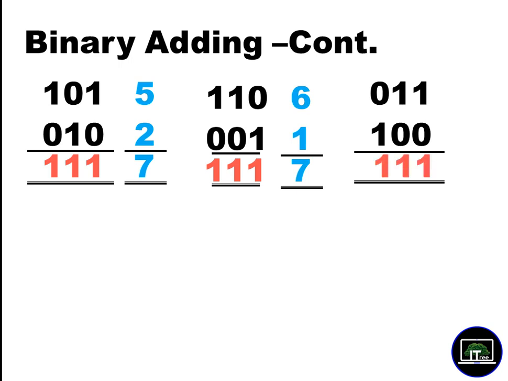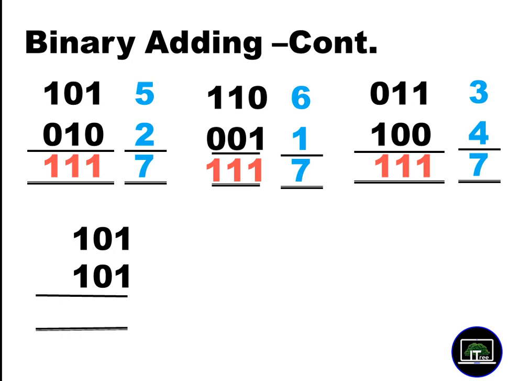This one also 3 plus 4. Look at this one now. 101 added to 101. You start at the end. 1 plus 1 is 2. You can't write 2, you write 0. You take 1 to the next line. So 1 plus 0 plus 0 is now again 1. So 1 plus 1 is 2. You can't write 2, you should write it as 1 0.